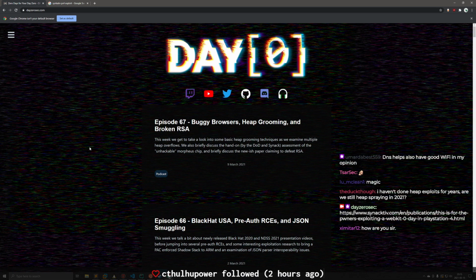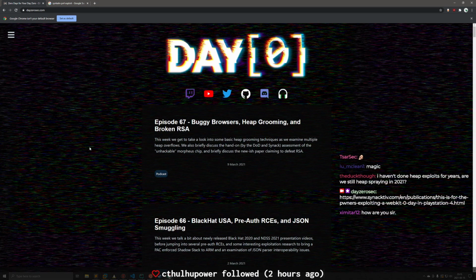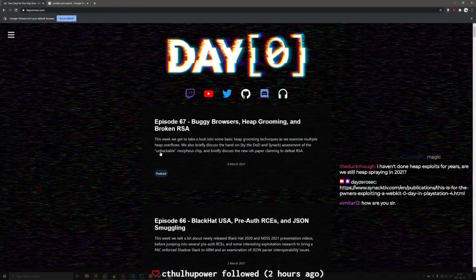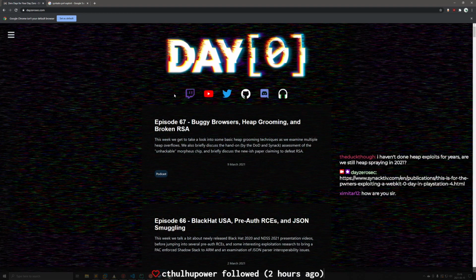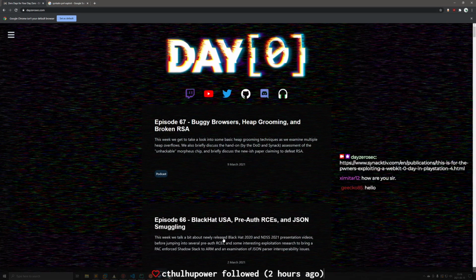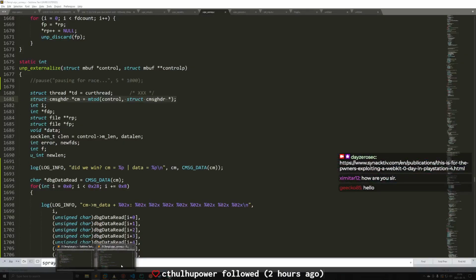The only way you can make that more stable is if you had an info leak and you chained it with it. And people don't really want to burn a WebKit info leak just to use it on PS4 because those kinds of info leaks are valuable. So if you can already get away without using one, people aren't going to burn one needlessly, unless they just have bugs coming out of a mountain and they can afford to burn them on stuff like that, which is not really the case. So yeah, we'll get back to the kernel exploit.